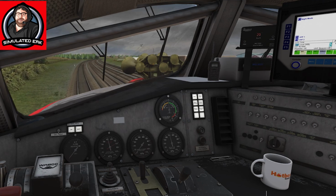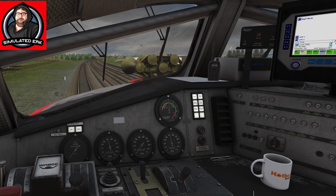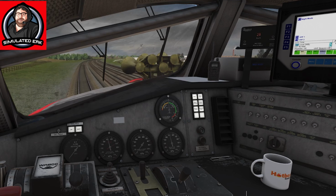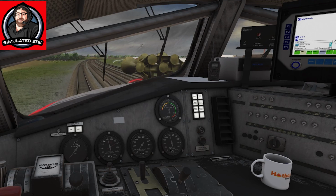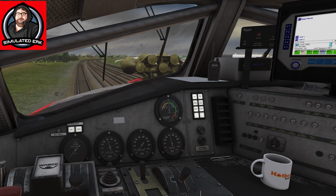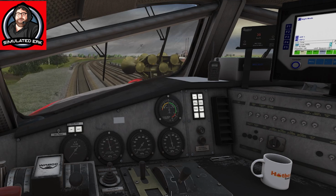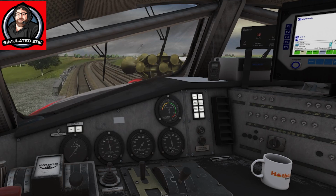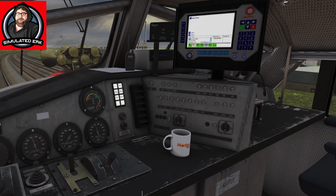So this is what the interior of a CLP Loco looks like today. This Loco is by Hotbox Content, and you can see that they've very helpfully put a coffee mug in front of the driver. Now, unlike what we were looking at in previous episodes, based on American locos, Australian locos usually have the driver sitting on the left-hand side, and then the assistant driver, the fireman, the second person, call them what you will. They sit on the other side, and I'll just pan across. So they sit on the other side,